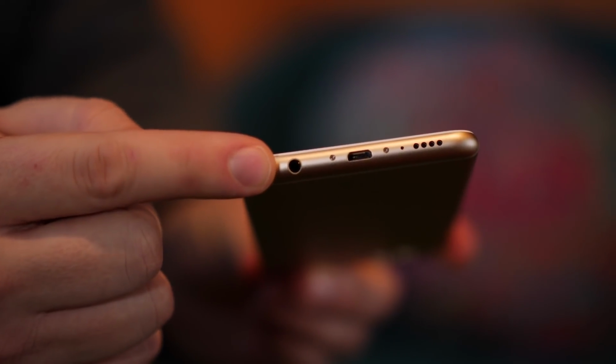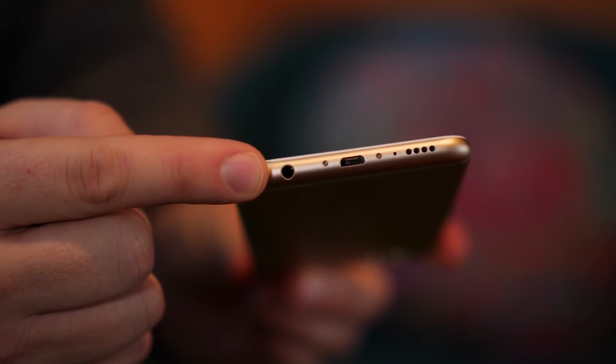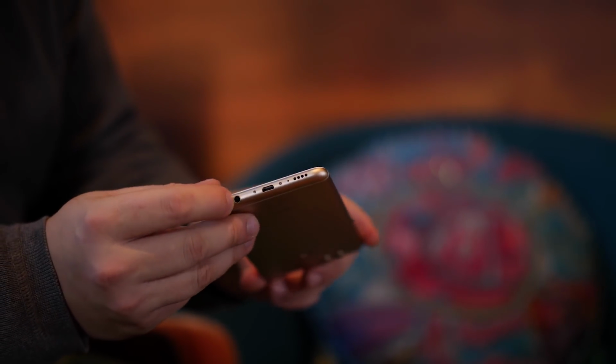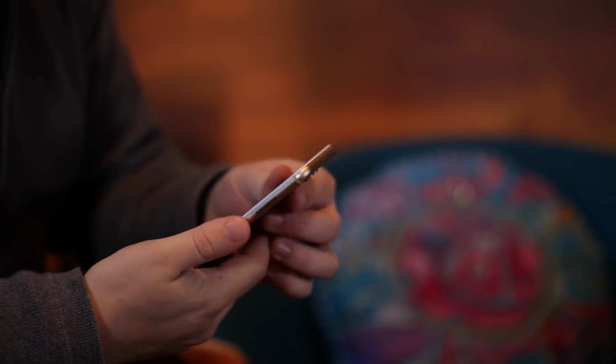At the bottom, you get a 3.5mm audio jack, a micro USB charging port that can also be used for data, and a speaker. The micro USB is a product decision that was obviously made for multiple reasons. Partly to save money on the construction of the device, but also to satisfy a need of a certain market